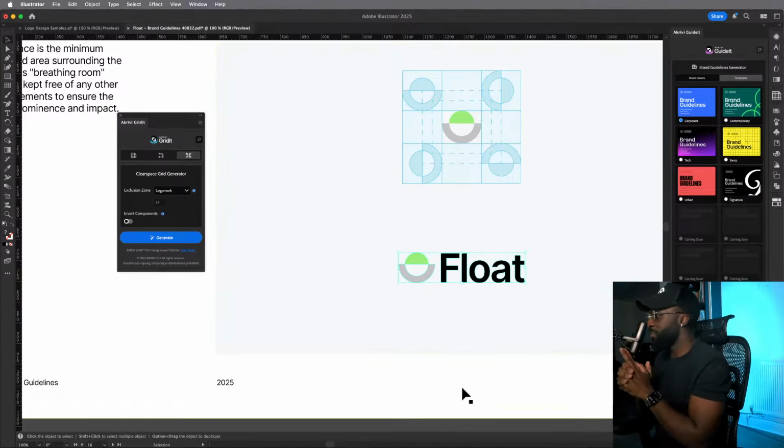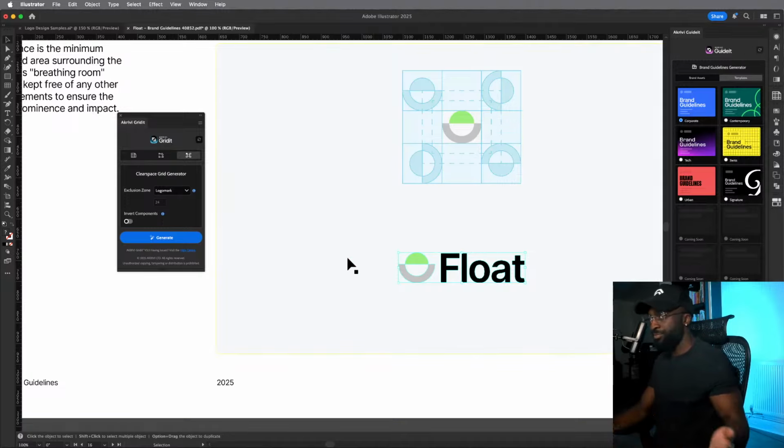So the clear space grid works in 2 ways. One way is where it just reads one group, which is the logo mark. And the second way is where it reads 2 groups, which is the logo mark and the logo type. So a typical logo. So we have the logo mark and the logo type. And then now if I click generate,